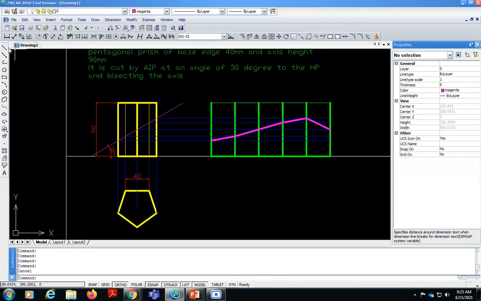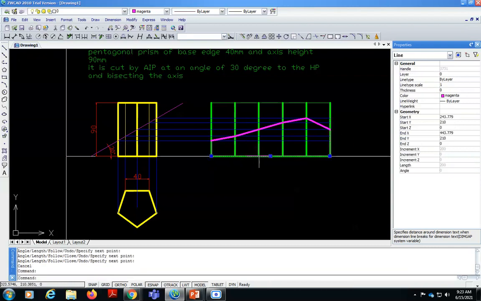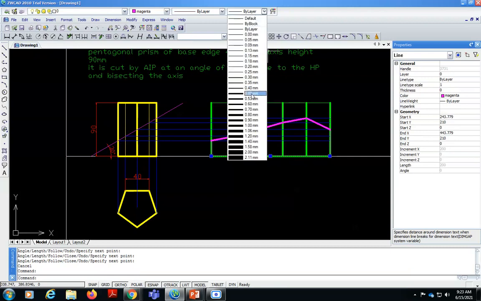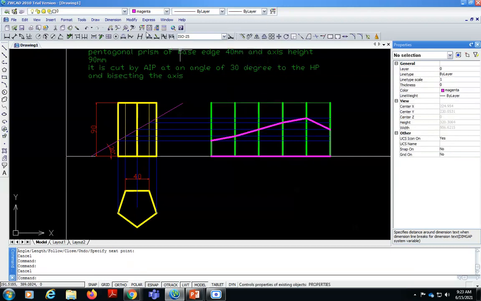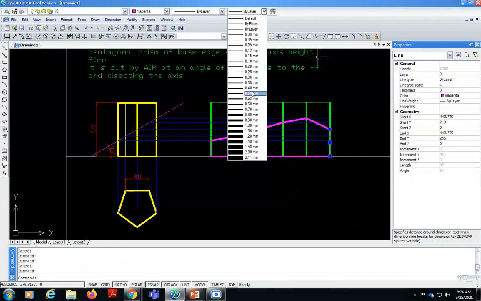So what I can do, I can show it in a better fashion like this for better understanding.